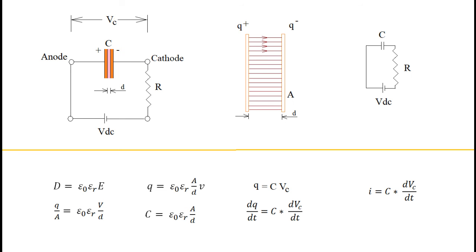Further, if we differentiate this equation with respect to time, then we get new equation between current and voltage through differential coefficient. Finally, role of the resistor is to limit the starting current since capacitor carries large current at t equal to 0.